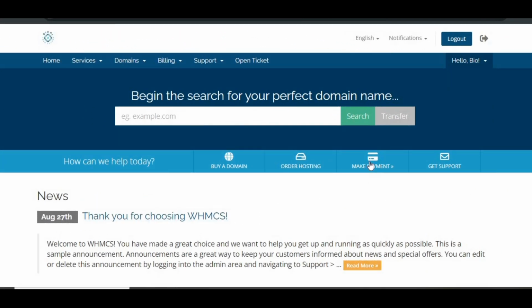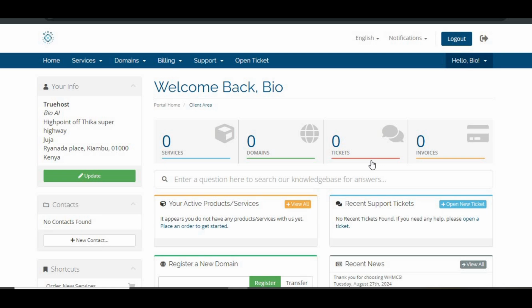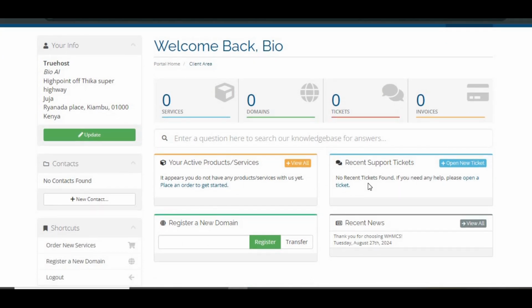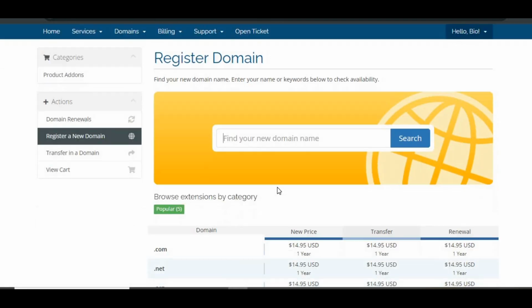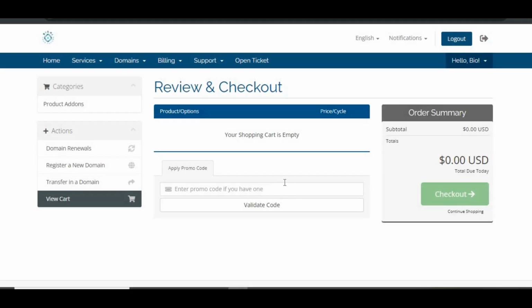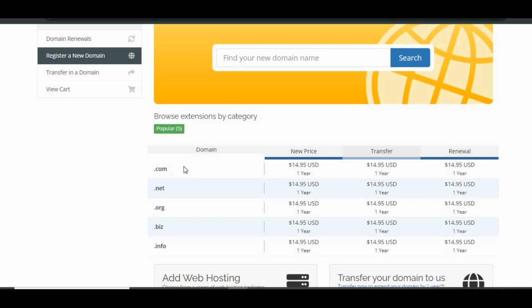Step 5. Test the integration. Before you go live, it's crucial to test everything. Place a test order using the crypto payment option and verify the payment process. After testing, keep an eye on your transactions for accuracy and to ensure everything is functioning smoothly. And that's it. You're now set up to accept crypto payments in